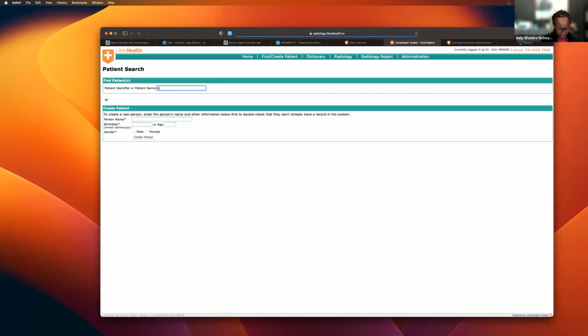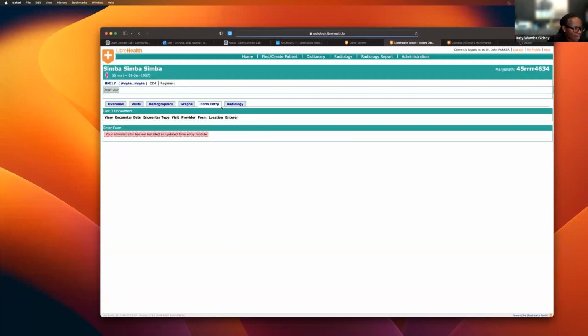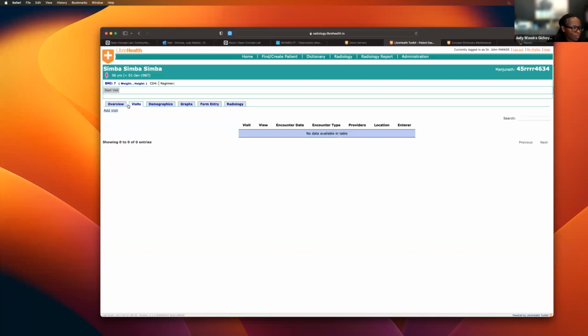So I created a patient called Simba, and you would create them here and add them, and you can see most people will have a visit and do all those things. So this is mainly an outpatient type of system, because if you have inpatients, then you need to have more information. Then I showed the dictionary and all the tabs and how to navigate, including the